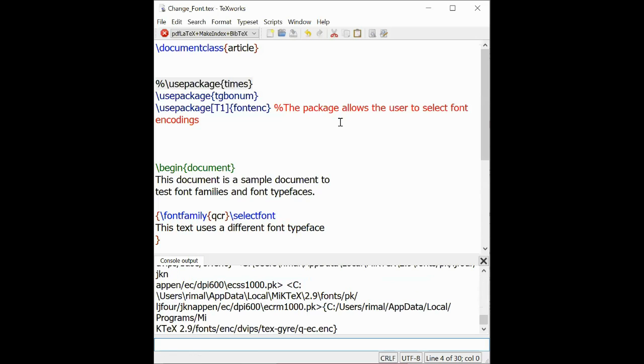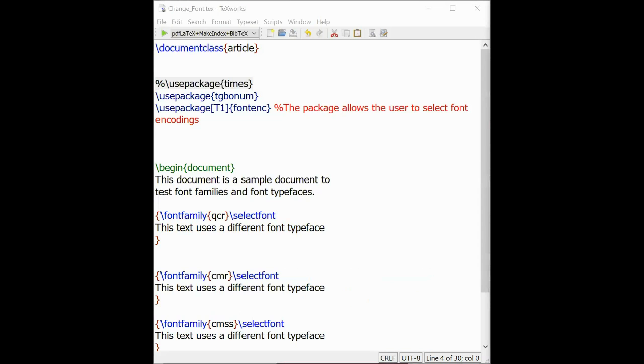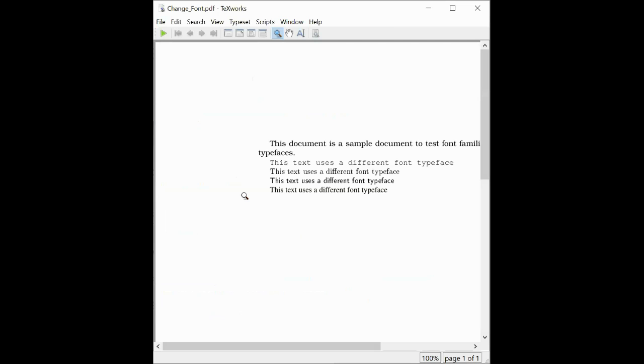So we'll see the output. I think you can see the output, how it looks.